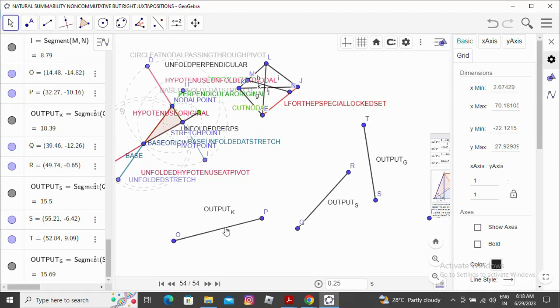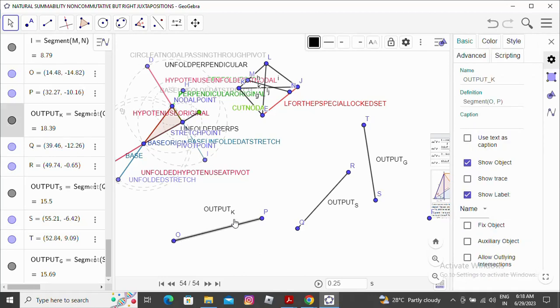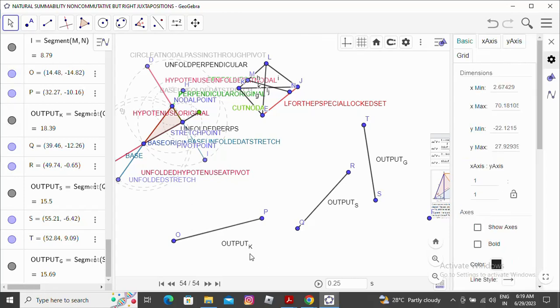So a line segment can be thought of as a vector from O to P with a left side jungle where the GT simplex is present, or with the right side jungle where all the entangled line segments are on the right side. We can think of it in that way. And if we reverse the vector from P to O, then also there is a left side and a right side. So ultimately four symmetries are there.